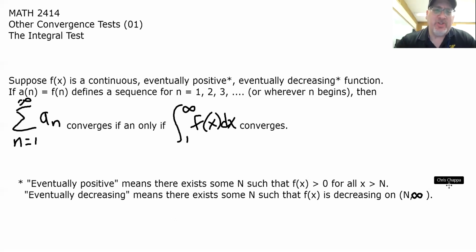But those are very limited in scope, so we need some other tools to answer the question, does this series converge? The integral test is pretty straightforward. Under the right conditions, simply calculate an improper integral, and whether or not this series converges hinges on whether or not the integral converges. Specifically, if a function, we'll say the function is called f of x, is continuous, meaning